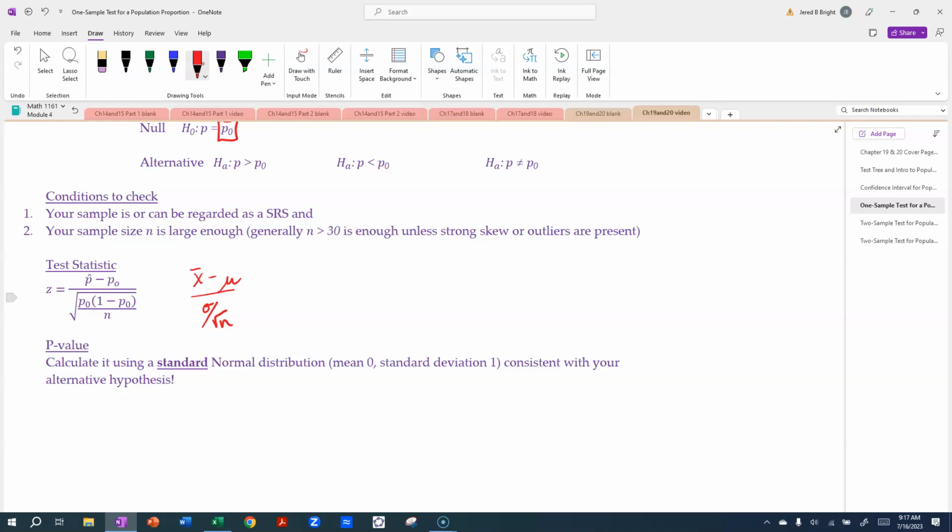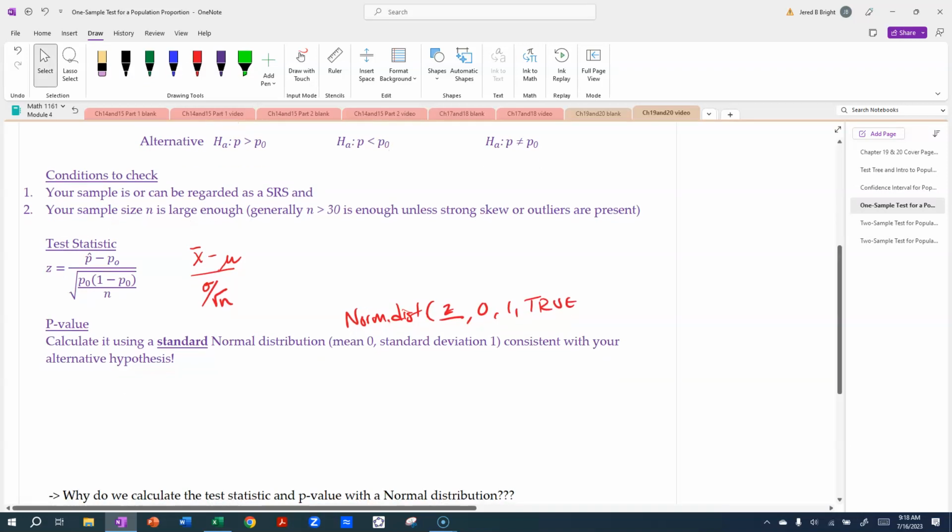Okay, and since it is a z test statistic, that means it comes from the standard normal distribution. So when you're doing this in Excel, you would use norm.dist, right? And then you'd enter your z test statistic, and then 0, 1, and then true. And this would go to the left. And just to be clear,